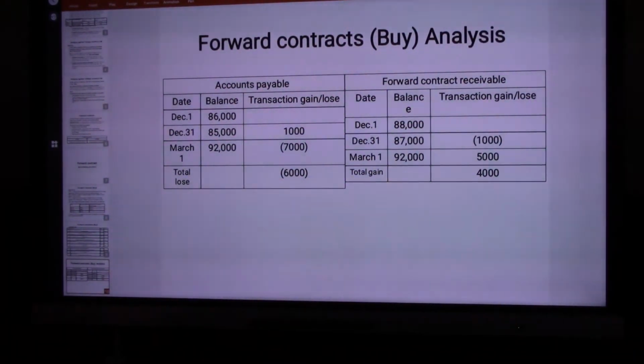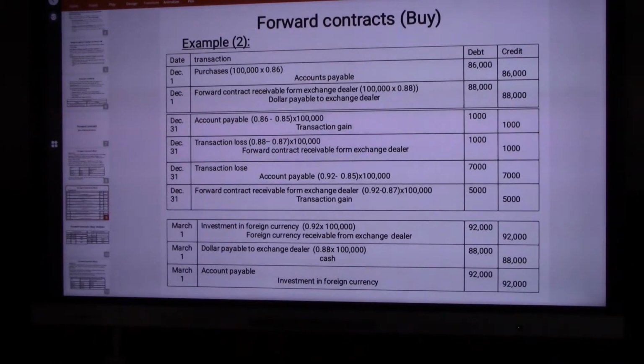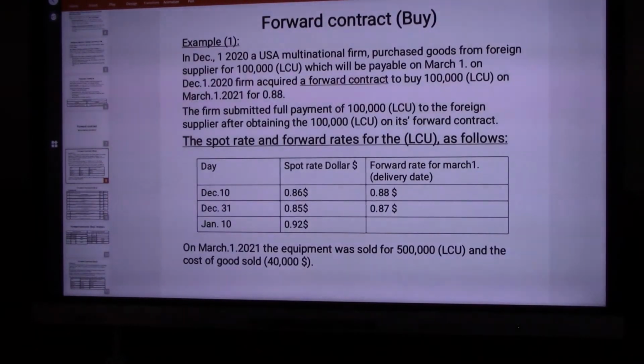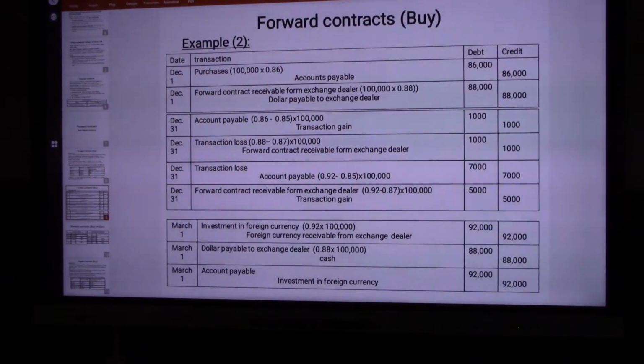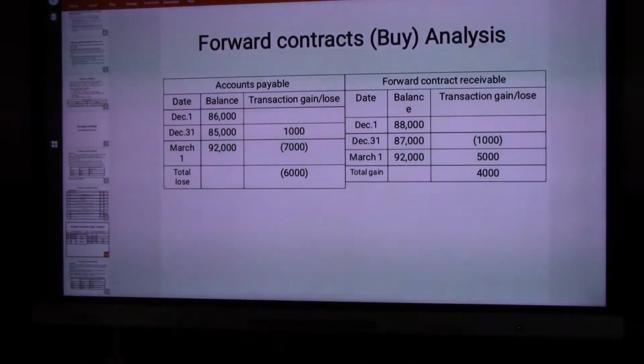هنعيد نفس الكلام بس المرة دي للفورورد كونتراكت. يعني ايه؟ يعني لو احنا بصينا for a forward contract, the rate changed also 3 times. The first one كان 0.88 وبعد كده بقى 0.87 وبعدين بقى 0.92 ده الفورورد كرنسي ريسيفبل اللي انا خدت بيها. فلقيت نفسي اول حاجه خالص الريت كان 88 وبعد كده reduced so the receivables increased by 1,000 decreased by 1,000